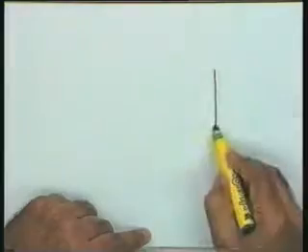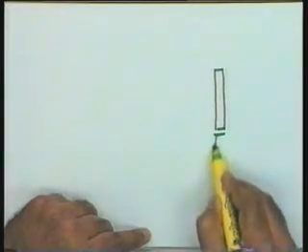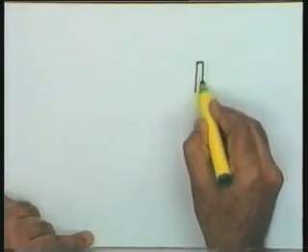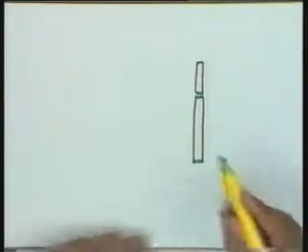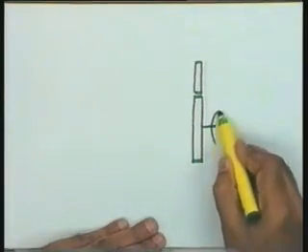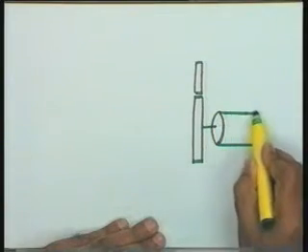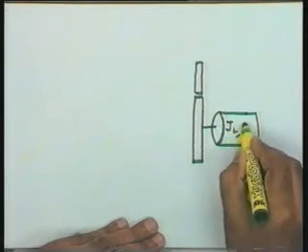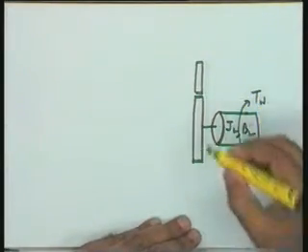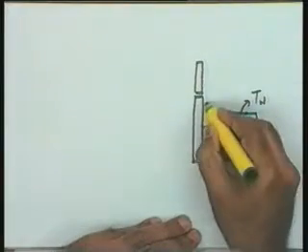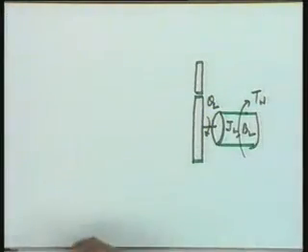Yes, one more situation. You have helped me in this particular situation. One more feedback situation. Let me create suitable space, and therefore I take a gear train this way. I have a gear set. On this side I have a load, and let us say that the parameters of the load are J_L and B_L, the disturbance torque is T_W, and the position is theta L as far as the load is concerned.